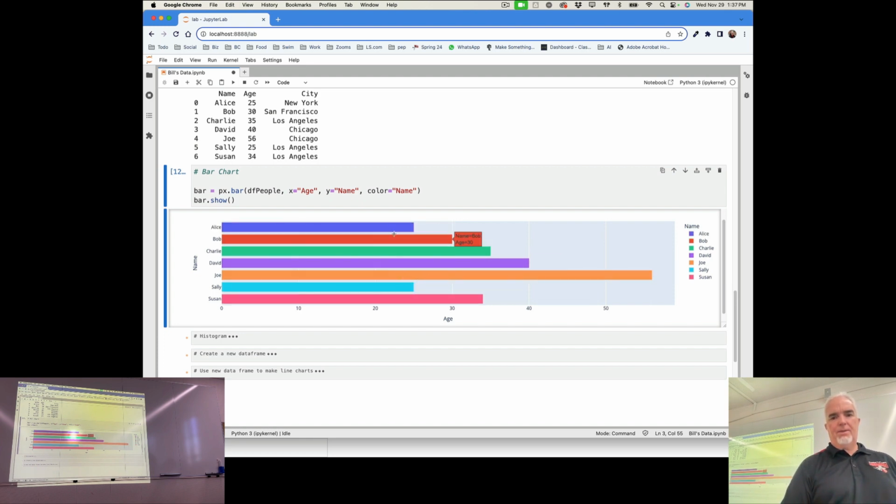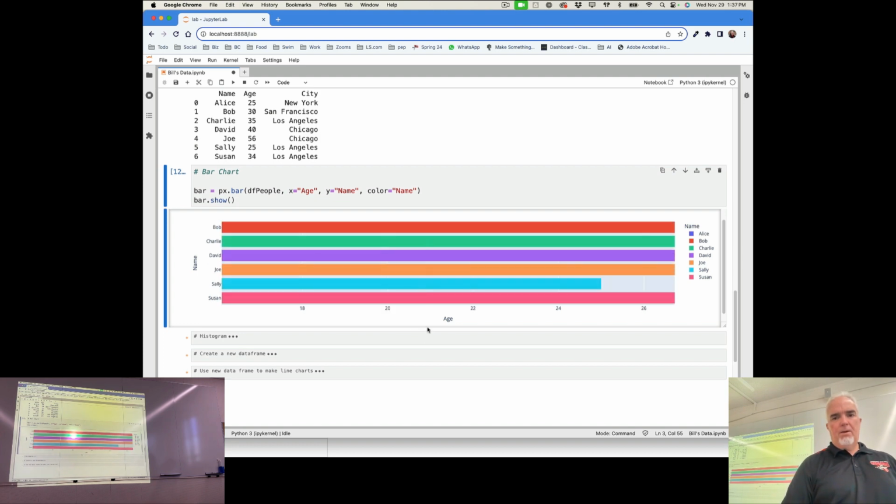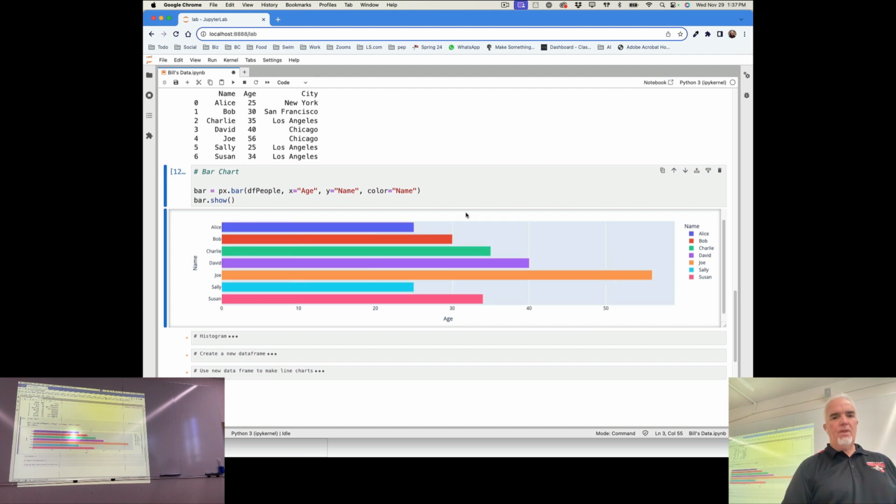Okay, I can also interact with it by rolling over it. Or I can zoom in, just like on the other ones. And that is a bar chart. Okay,